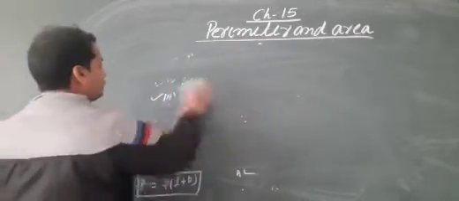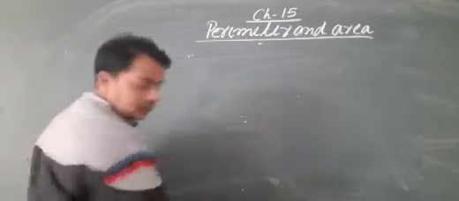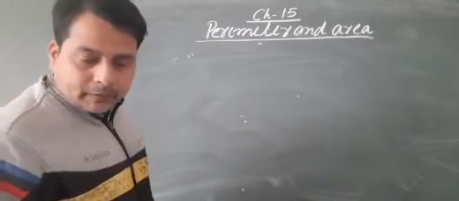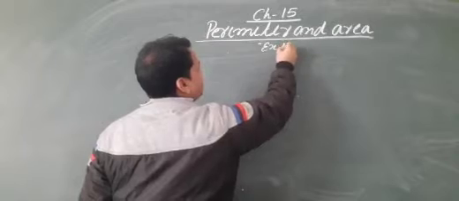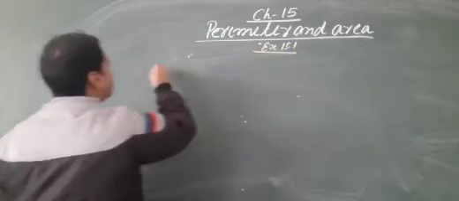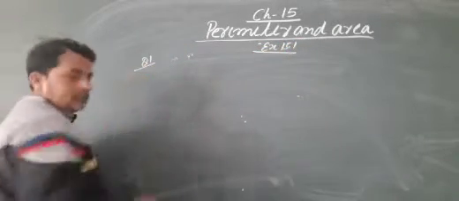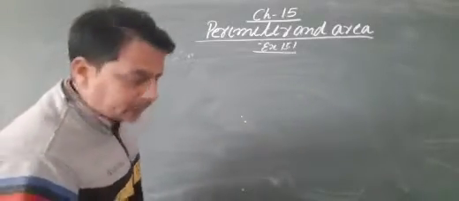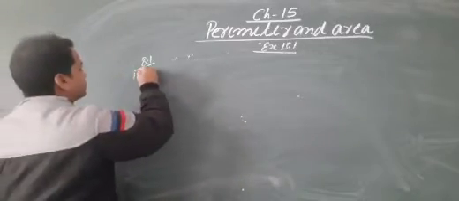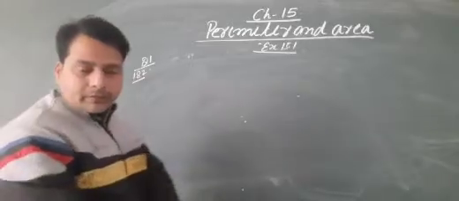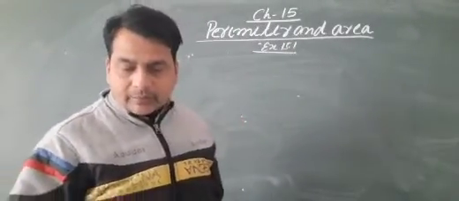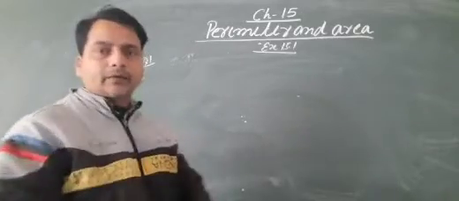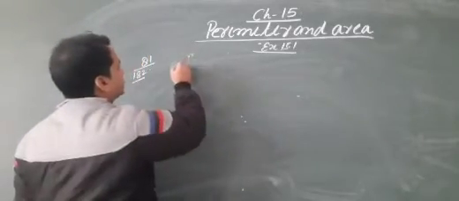The first question of this exercise, question number 1, exercise 15.1, page number 182. So the first question of this chapter: find the circumference of a circle whose diameter